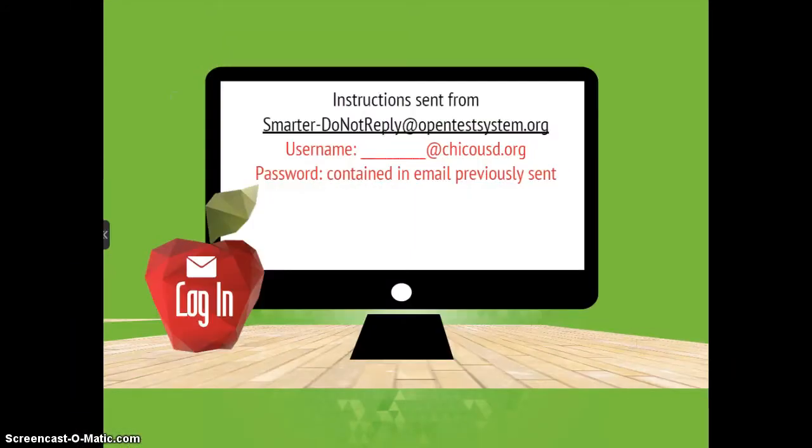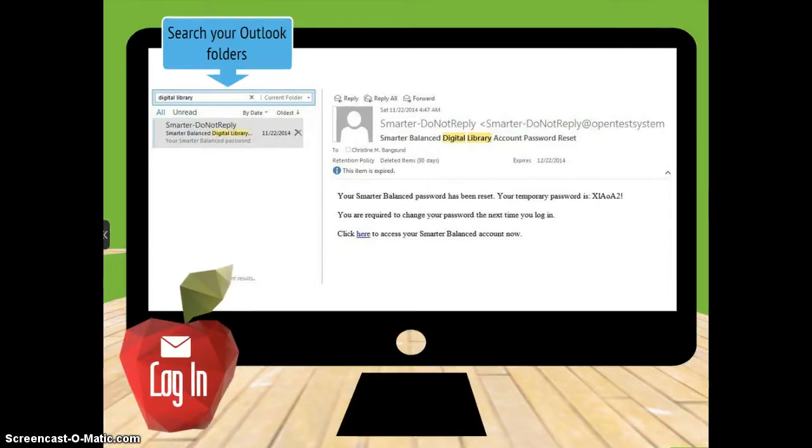Now that you've seen what the digital library has to offer, you can log in and begin exploring some of the resources. To find your username and password, you'll want to go back into your email and locate an email from smarter-do-not-reply@opentestsystem.org. Your username is your CUSD email address, and the password is contained within that email. If you're like me, you have lots of emails in your inbox, you can search your Outlook inbox by typing Digital Library. The results will show below, and you can see the one result that I had was the email from smarter-do-not-reply. If you cannot find that email,